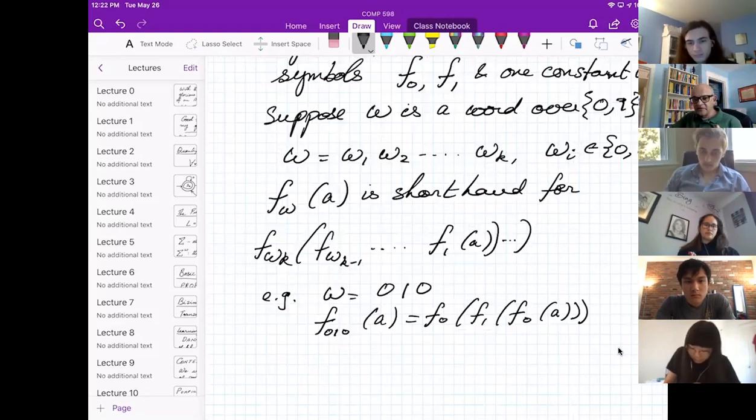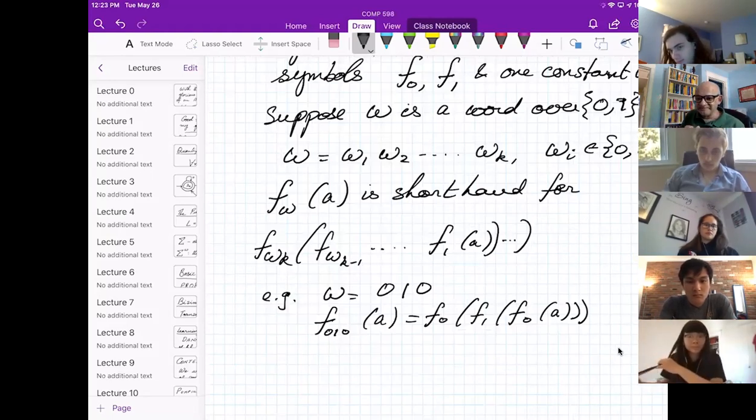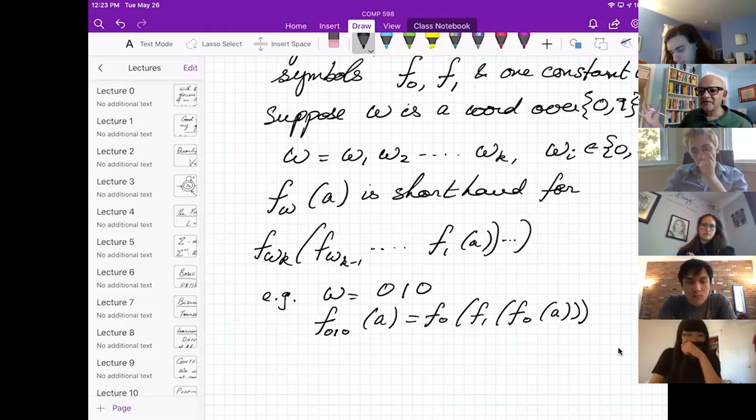This is the official notation, putting functions together. But the point is now I can build a term that encodes a word. And the A is just there as an end marker, to give the first f something to be applied to. So these fs are all unary function symbols. Okay, so 2 unary function symbols, 1 constant, that's it. Build the terms. So what do the terms look like?